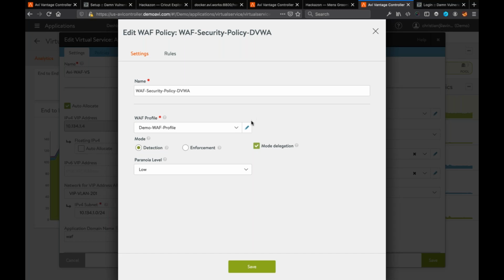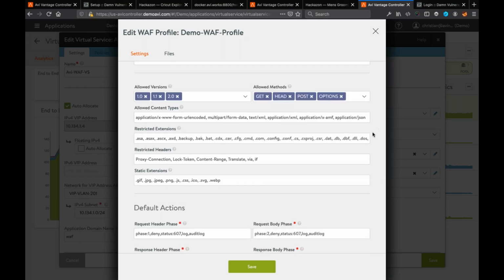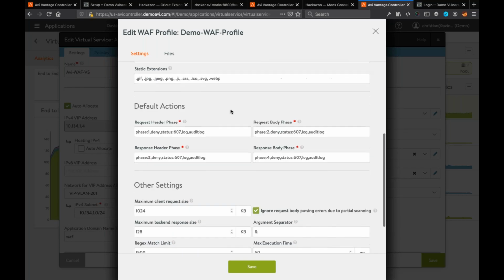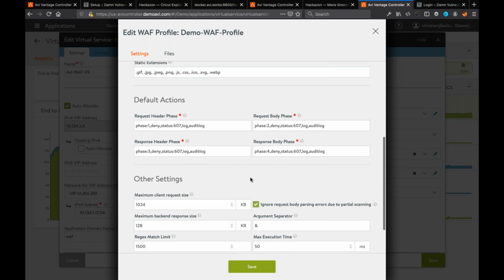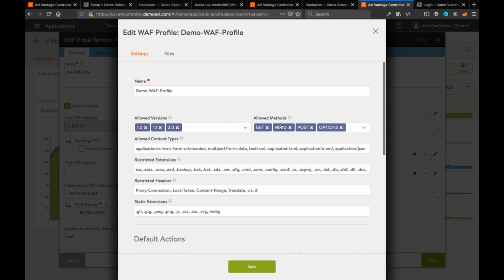So it will allow us to define a profile for the policy, which covers pieces like reducing the attack surface from the HTTP methods, options, versions, content types, and so on. It also lets us define default actions, what will actually happen when the WAF blocks, and other settings, which are usually fine if you leave them by default here.